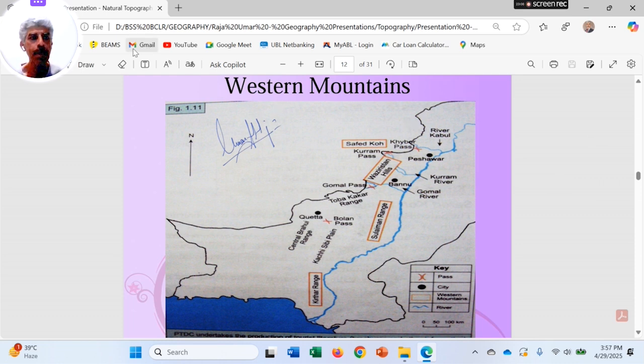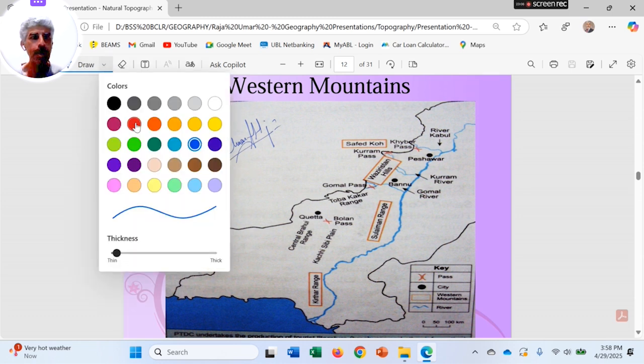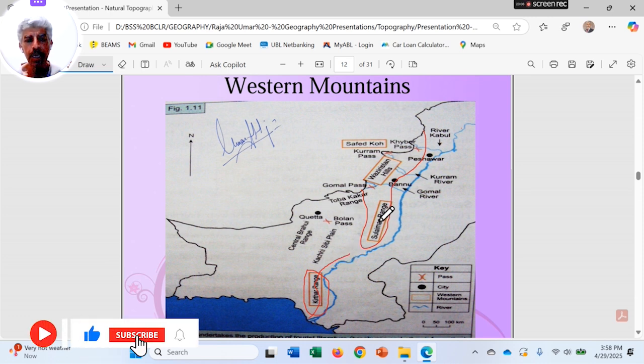And here you can see the location of the Western Mountains. One thing is that most of these locations are available on the western side of Pakistan, but down over here in the south you can see the Kirthar range, bordering between Sindh and Balochistan provinces like this, right? And here this Suleiman range